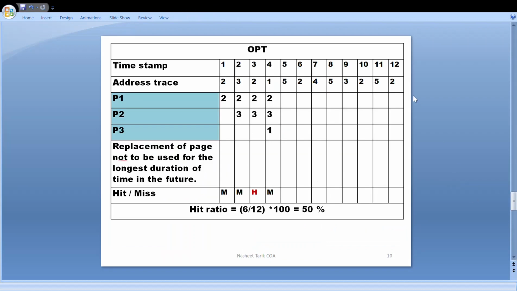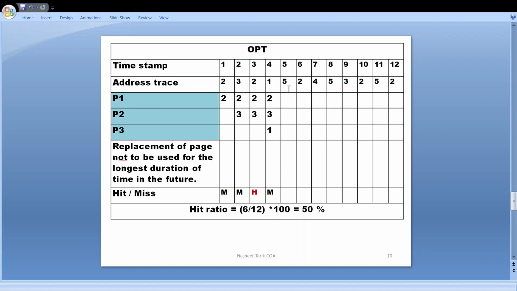Now the last algorithm is the optimum algorithm. In the optimum algorithm, some simulation needs to be run to predict the address trace of the future. And the second run is for the execution or for the page replacement. Up till now the explanation is the same as was done in the previous slides. Now once this M1 is full, a replacement policy has to be adopted.